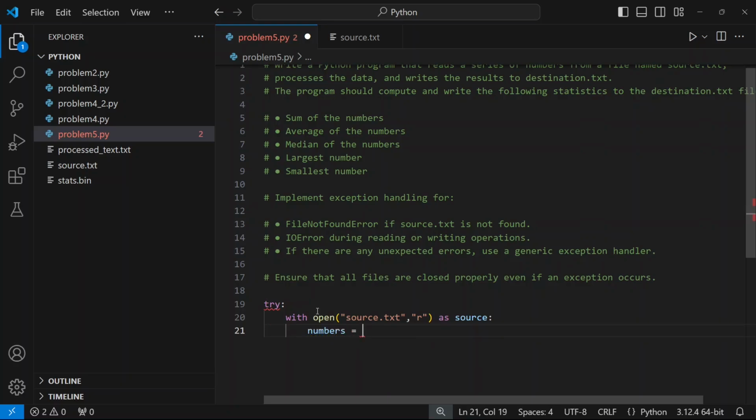Now let's create a list right away. Okay, so what we'll do is we'll use list comprehension over here. So normally what we would write is for line in source, that is, we'll iterate through the file, going over each line, as in each iteration we'll read each line of the file. And then that line will be converted into numbers, right? But instead of that, what we'll do is